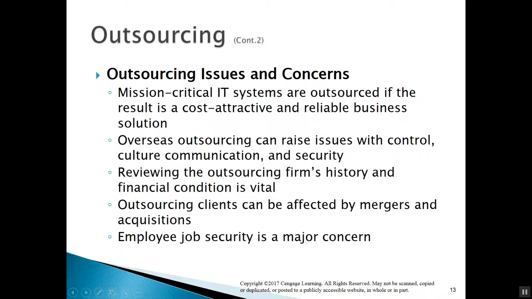Now, things that we need to worry about if we are outsourcing something. If you outsource something, you're relying on a third party, another individual or another entity. And we all know what happens when you rely on others. Inevitably, something's going to come up and we end up relying on somebody that doesn't follow through with their obligations.